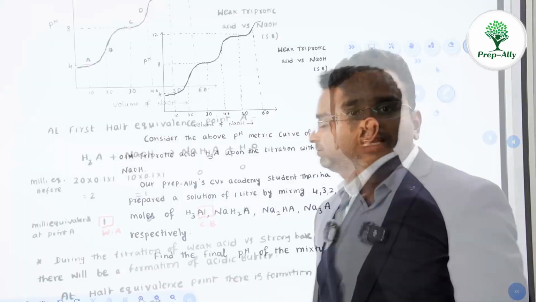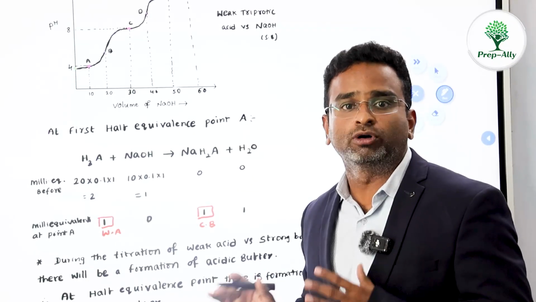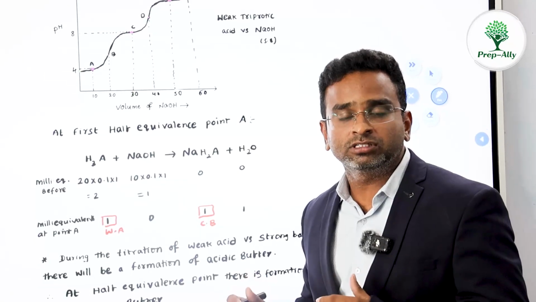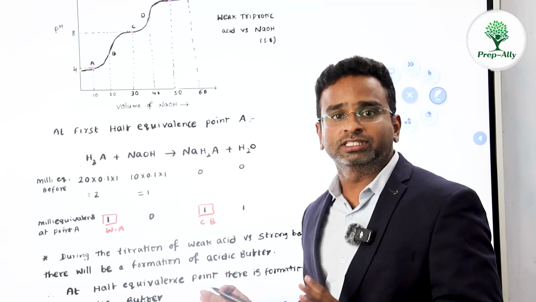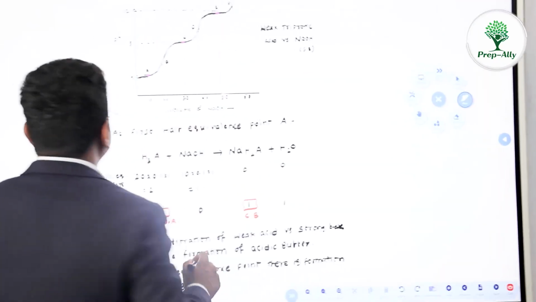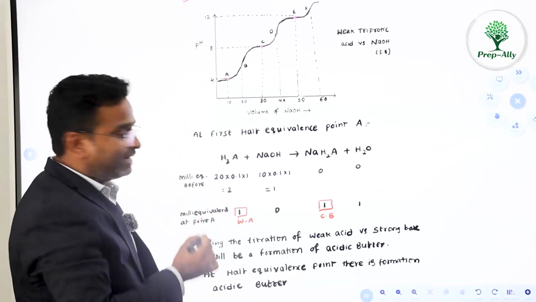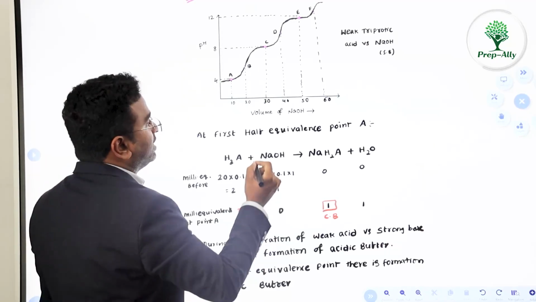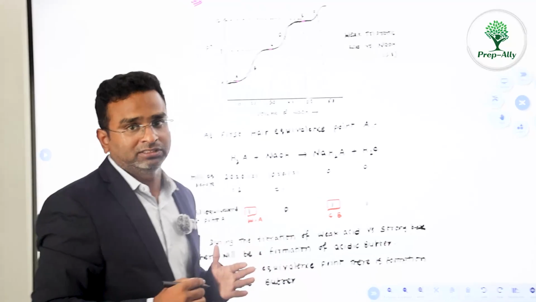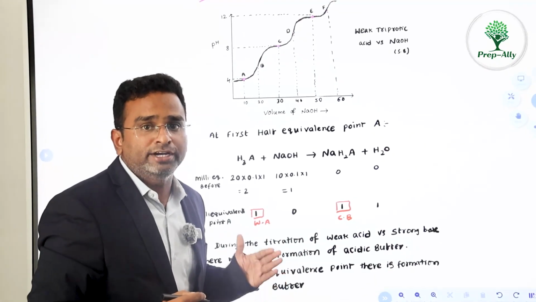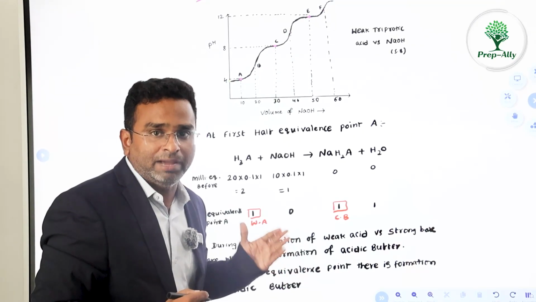Right, let us start. Let us consider the graph first. Let us understand the graph, which is most important. For pH metric curves, definitely one question is guaranteed in JEE Advanced. So let us focus on this segment. Here we have the volume of NaOH versus pH. They have given a total of 20 ml of polyprotic acid whose concentration is 0.1 molar. Now we are titrating with 0.1 molar NaOH, meaning the concentration remains the same.